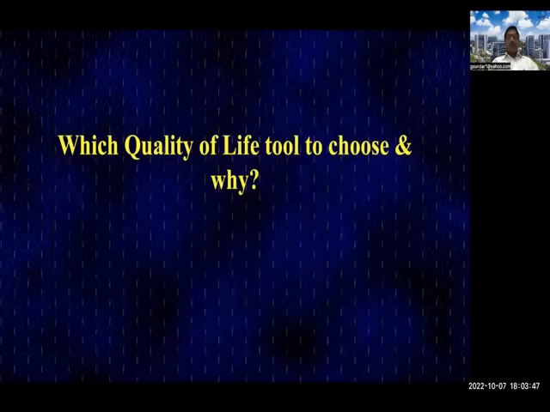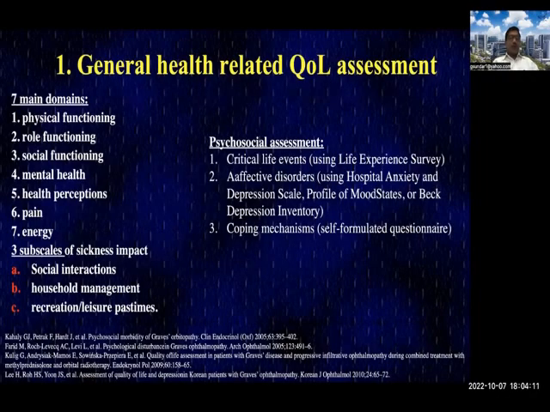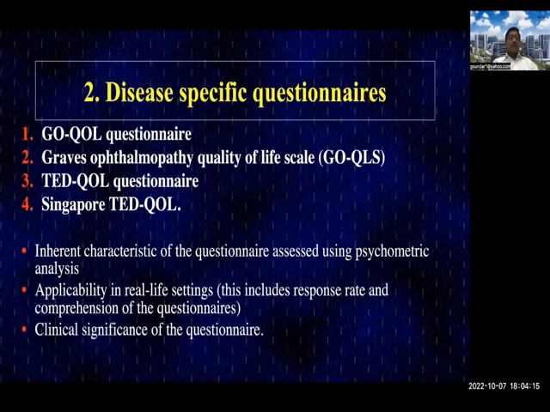So which quality of life tool do we really use and why? If you look at the evolution of the various quality of life questionnaires, you can classify them into the general health quality of life questionnaires, which used to be done in the past. Then there are disease-specific quality of life questionnaires, which are probably the most popular ones, vision-specific questionnaires, and finally the semi-structured interviews, and we'll touch a little bit on each of them as well. This is very good for systemic disease, but not very good for thyroid eye disease, and hence by default we